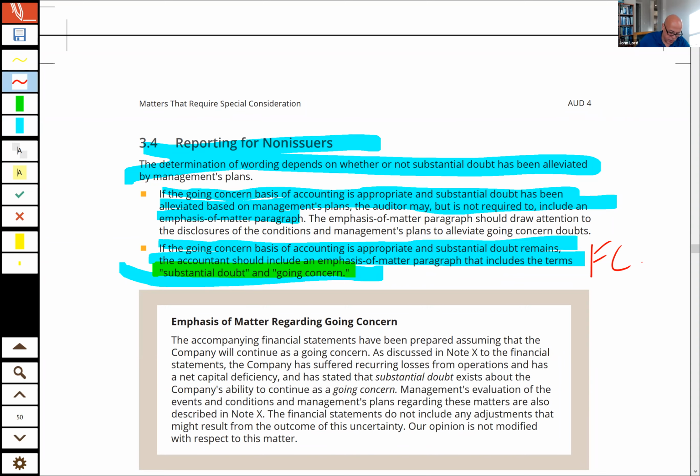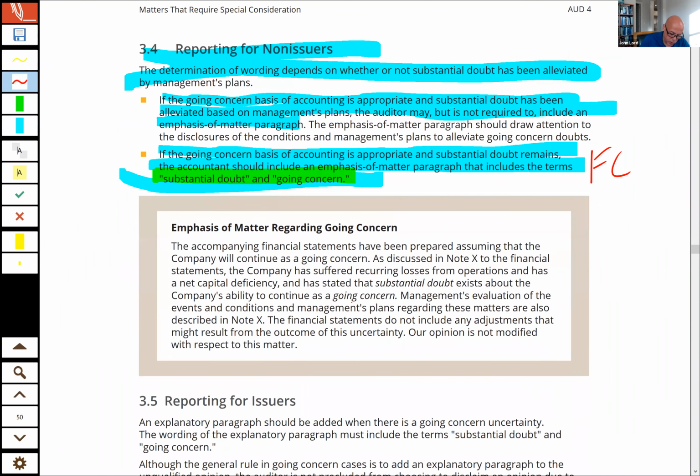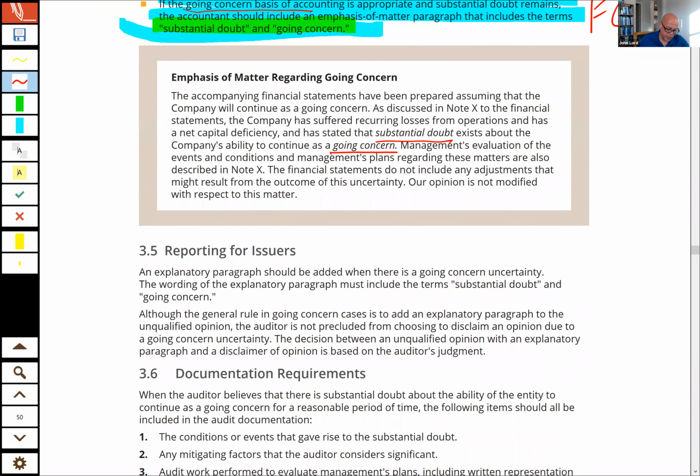Flashcard that. So there's the emphasis of matter, and it has the words what? Going concern and substantial doubt. So if it's alleviated, you don't have to alter your opinion. If it's not alleviated, then you're still going to prepare the financial statements on the going concern basis. Okay, so again, you don't start listing assets and whatnot at their liquidation value. You would still use fair value, but you will have to add this emphasis of matter paragraph to your report saying that there's substantial doubt, and you have to have those words about the entity's ability to continue as a